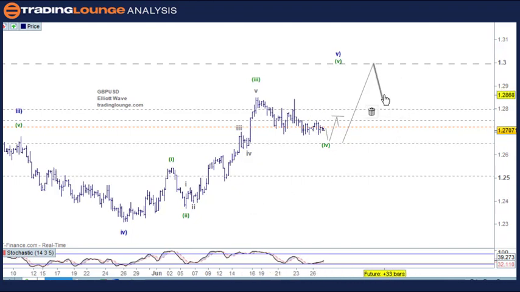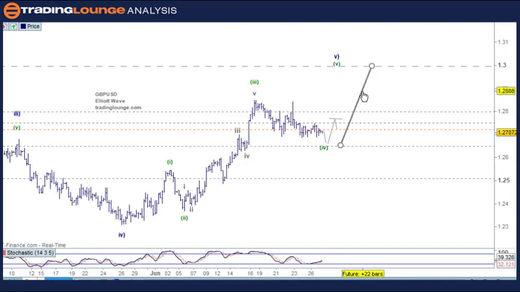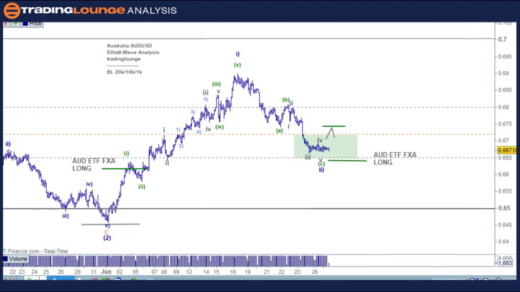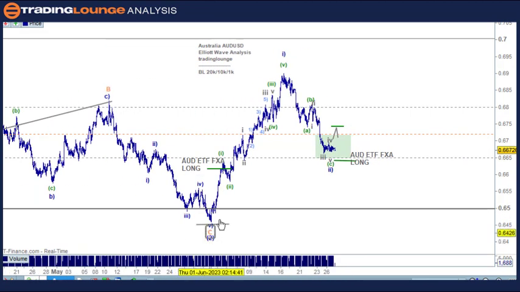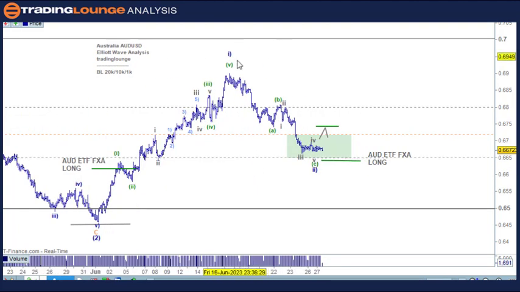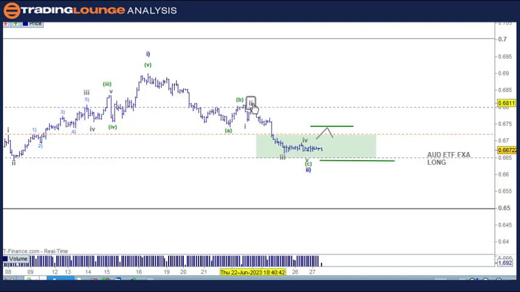Okay, so that's the sterling. And we come to the Aussie. So yesterday, we've got wave 2 here, and we've got wave 1 up here, and then we're waiting for this to come back. We had the A wave, the B wave, and then we had 1 and 2 here, and then we're going down for the 3rd wave here. And then we're looking for the 4th wave, which could be that little dude there, and we're looking for one more little move down here